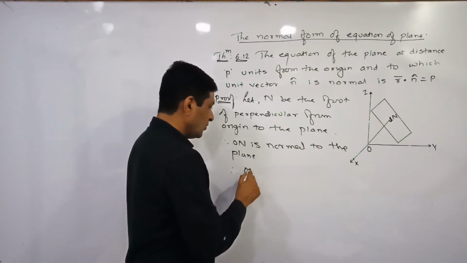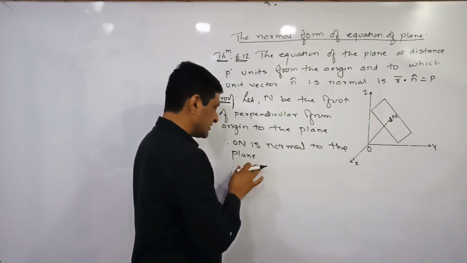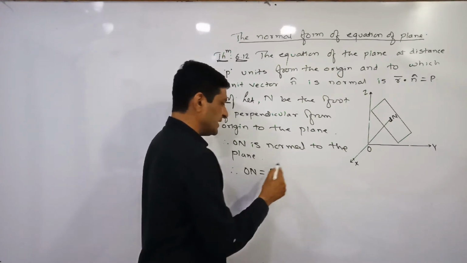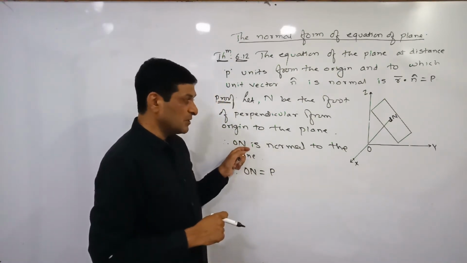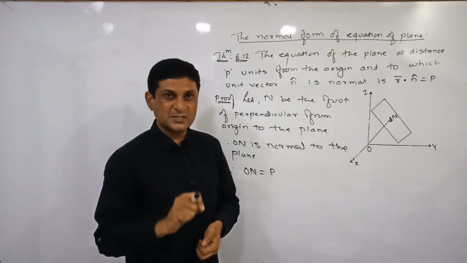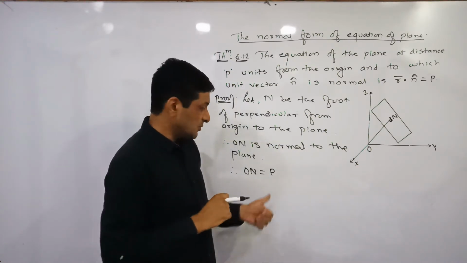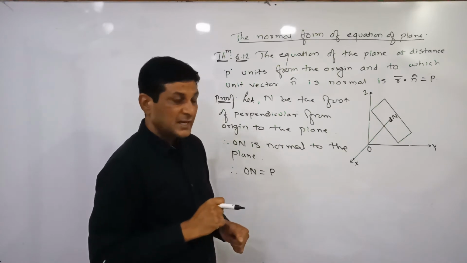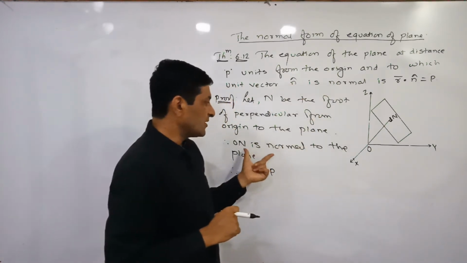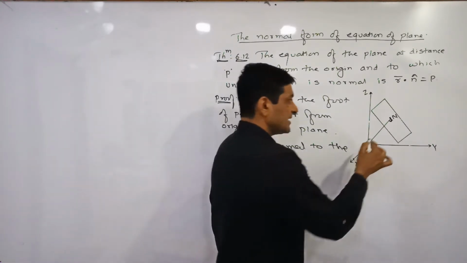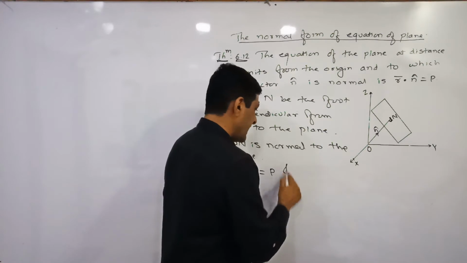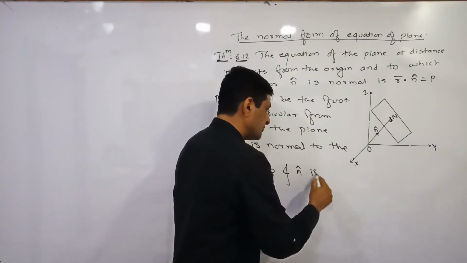Therefore ON bar is equal to, first write down, therefore ON is equal to what? P, because ON is nothing but the distance of the plane from the origin, and in our statement this distance is denoted by P. So here ON is equal to P, and we can say that n cap is a vector along the normal. Here ON is the normal, so n cap is nothing but a unit vector along the normal, and n cap is a unit vector